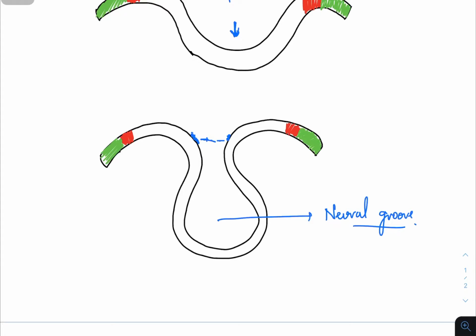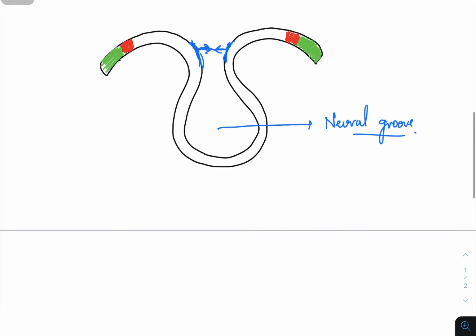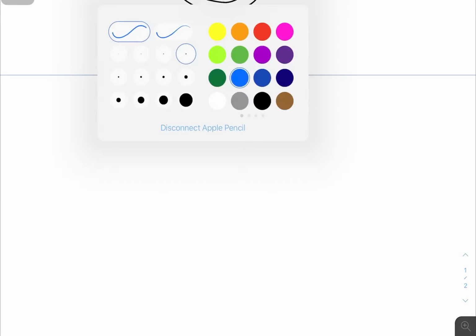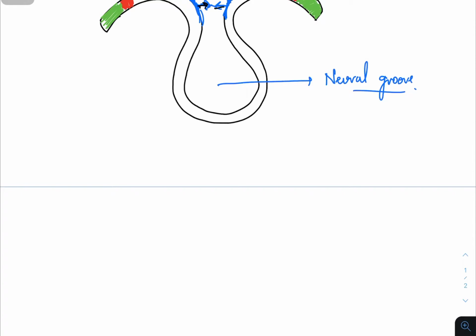When both of them come together and join, this entire neural plate transforms into a single circle. Let me draw it and explain so that it would be easy for you. But one thing you need to remember is that these two edges of the neural plate come towards each other and join. How does the picture look when it joins? Look here now. When these two edges come together and join,